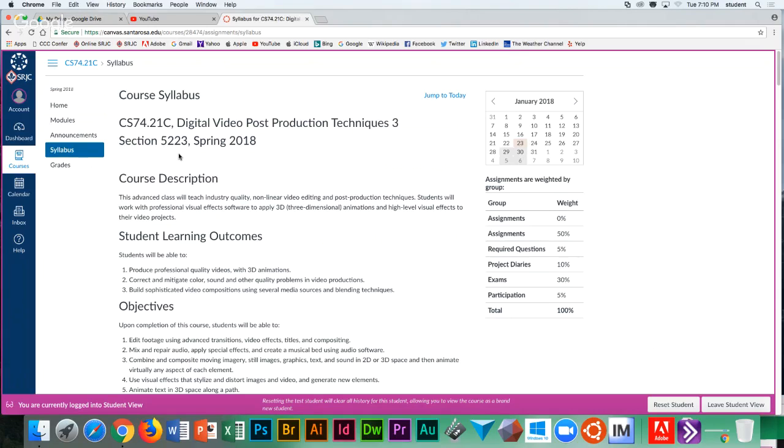Adobe Audition is a reasonably capable alternative. And that is with an asterisk. So it is capable, that's not a lie, but I'm just saying. So, outcomes for the class. When you finish this, the idea is that you'll be able to produce professional quality videos, correct and mitigate color, sound, and other quality problems that happen in video productions,